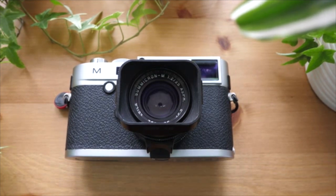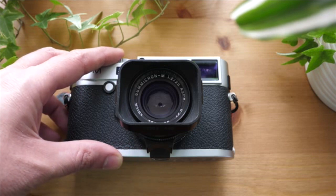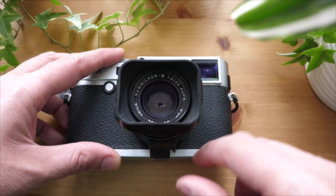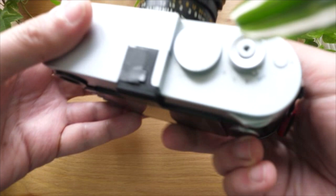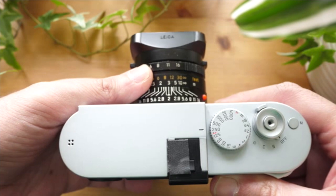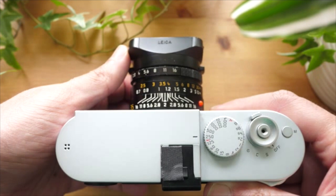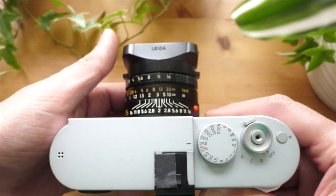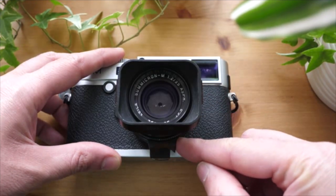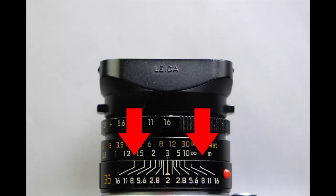To better use this lens for zone focusing, which is very common in street photography, I follow a set of well-known rules. When the focus tab is at 6 o'clock, the distance is set as 1.2 meters. If you move 45 degrees to the right, then the focus distance becomes 3 meters. And if you move 45 degrees to the left, it will become 0.8 meters. I put a piece of gaffer's tape on my camera so I can always remember the position of 6 o'clock,